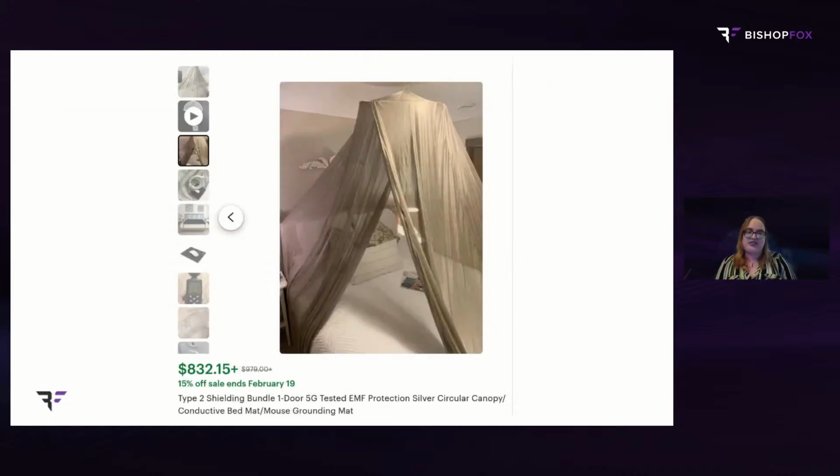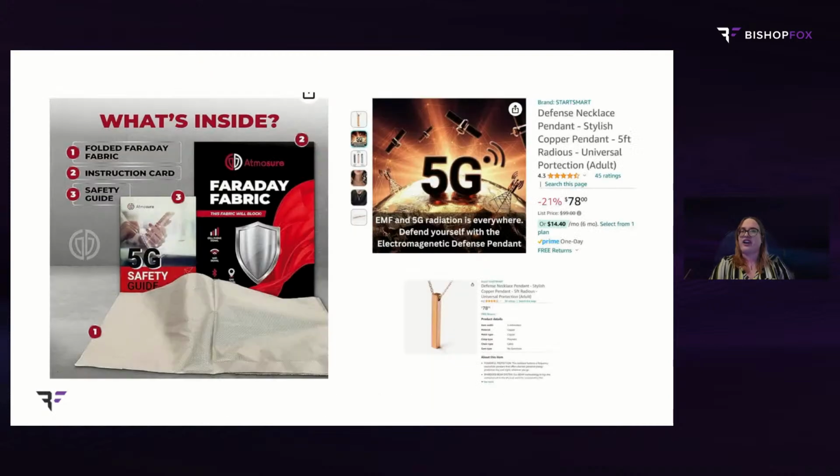Here are some commercial products that are sold as protection against Wi-Fi or 5G. And I'd like to point out some criticism here. One, this item is over $800. There is a profit motive to be made by having this fear. And I see some challenges with it. One, it's porous. Two, I guess radiation goes through walls, but not floors. So what about from below the bed to the top of the bed?